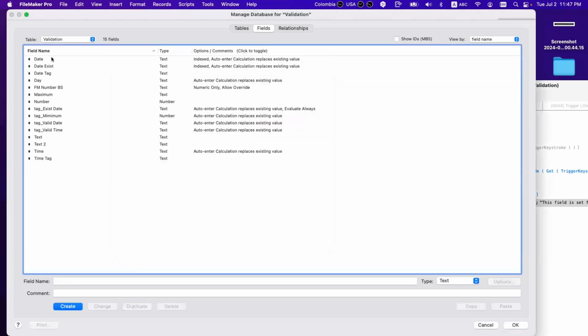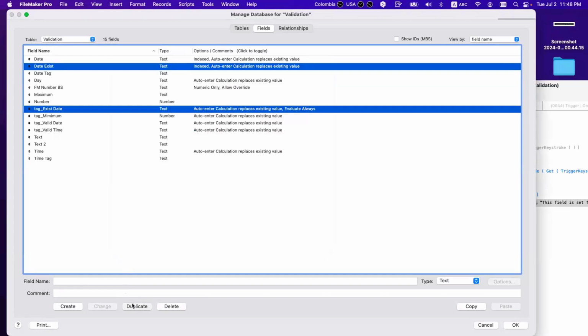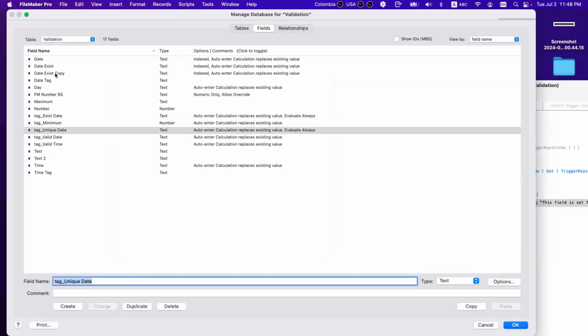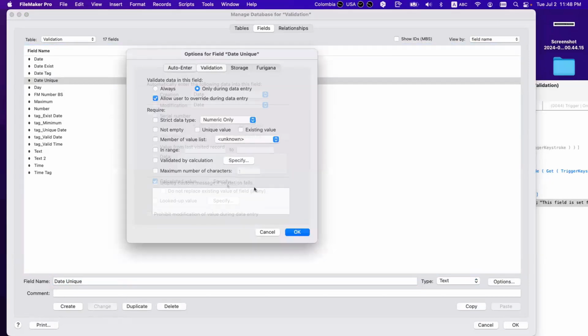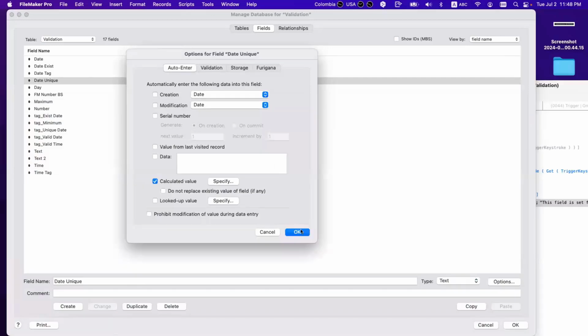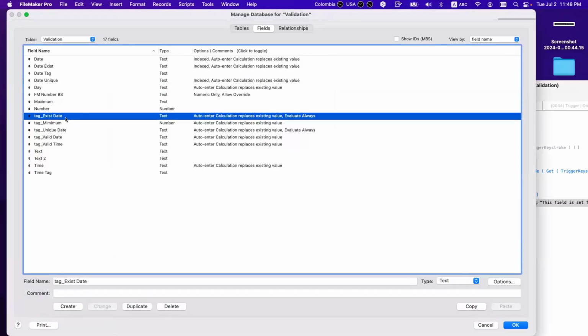So that exists, you do exactly this, with not. And the tag exists. Tag unique.